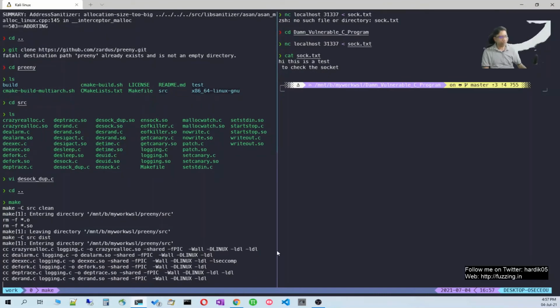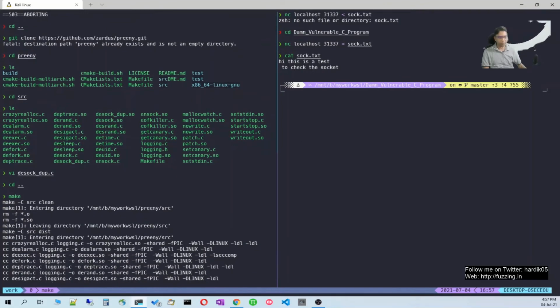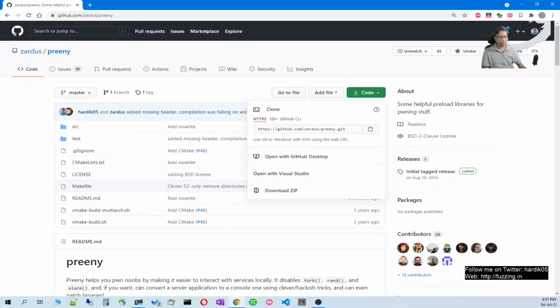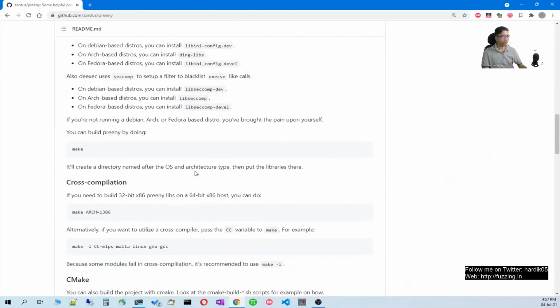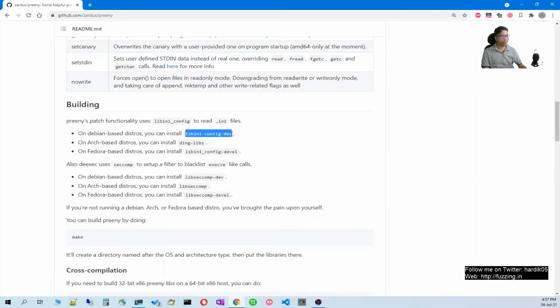You also need to install 2 libraries if you have not already installed them: libini-config-dev and libseccomp-dev. Install them using sudo apt install libini-config-dev and libseccomp-dev.